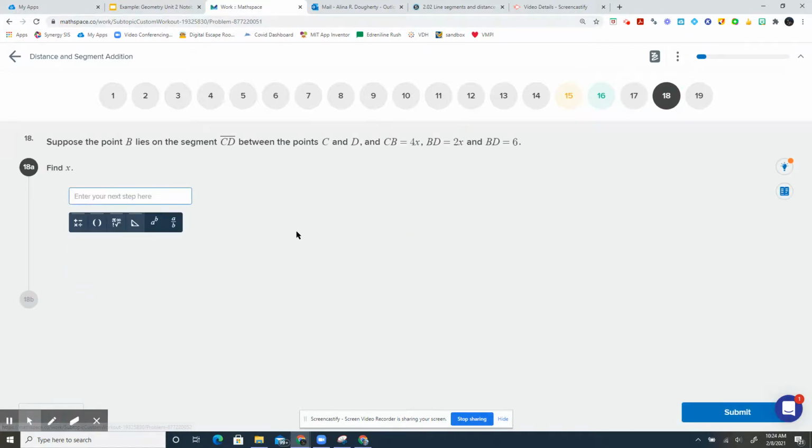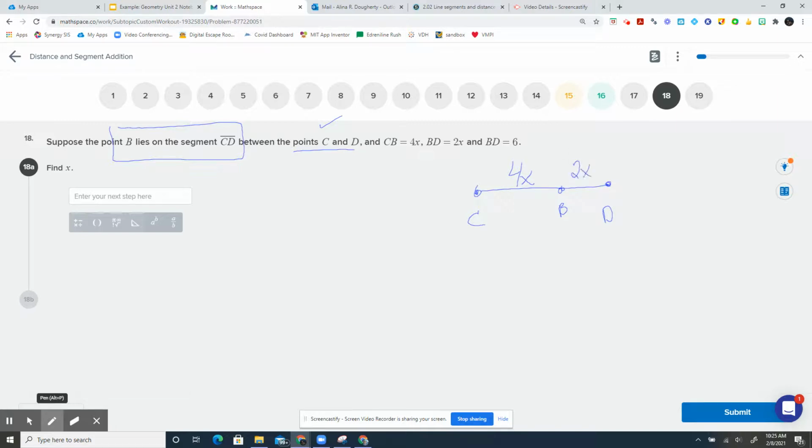Question number 18. Suppose point B lies on segment CD. Oh, wait a second. Where's our picture? Dang it. So we got to draw our picture. So if B lies on segment CD, we're going to draw our segment with 2 endpoints, label them C and D, and then B lies on it somewhere. Between C and D, right? So B lies between C and D. We already did that. Then CB equals 4x, and BD equals 2x,